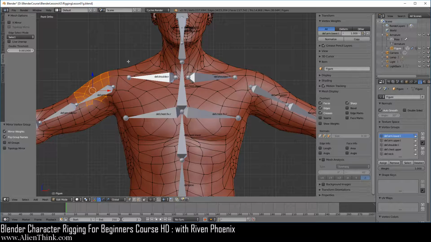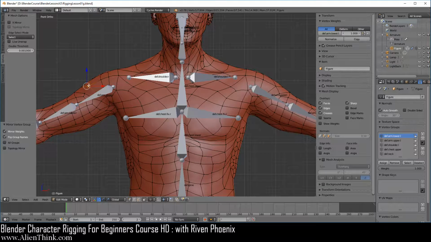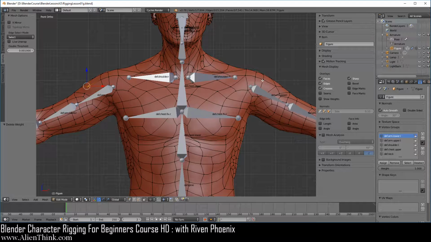Since we only have this vertex selected, when we click over here, you'll notice that it does the same thing. And you click on any of these vertices, it's actually not going to do anything to them because this vertex group did not exist on any of them. Go ahead and click this and X to delete it.